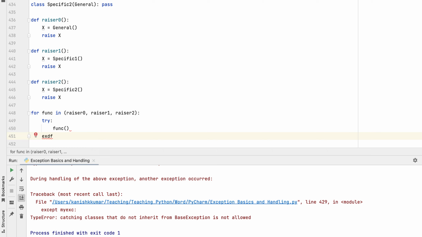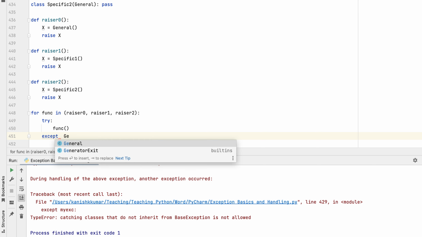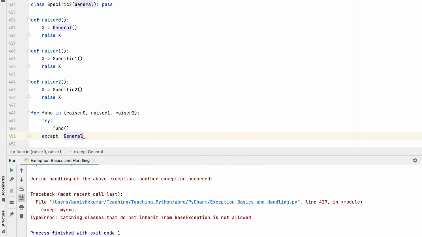So we have a raiser function, then we have, okay, this way, and except this way, and we say general. If not in the subclass, so we go to the superclass general,